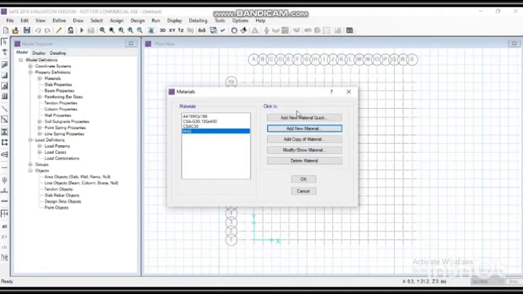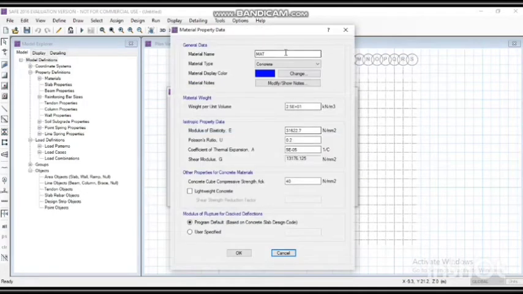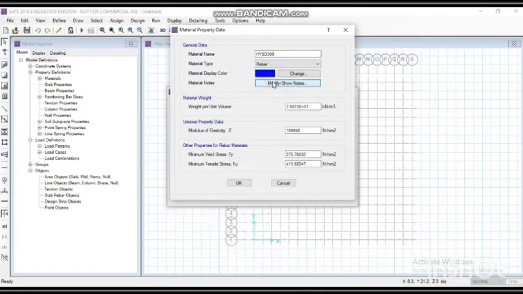Now again select add new material. Name the material as HYSD 500. Then change the material type to rebar.